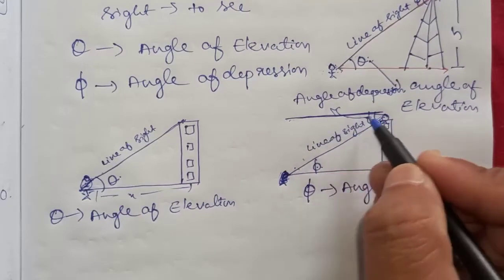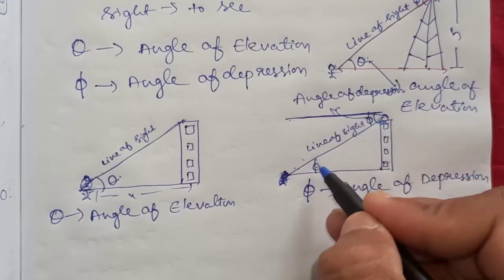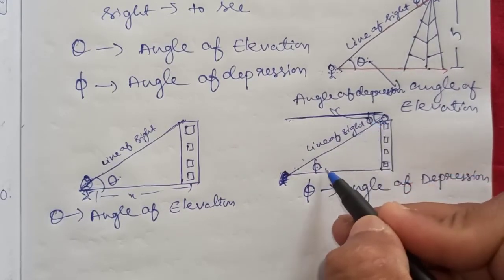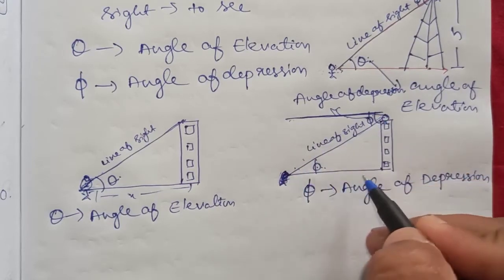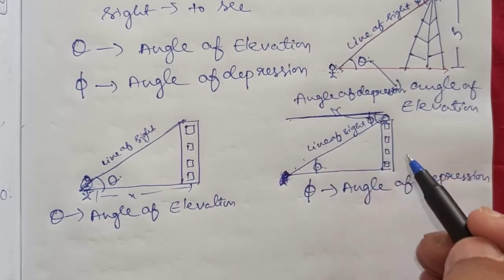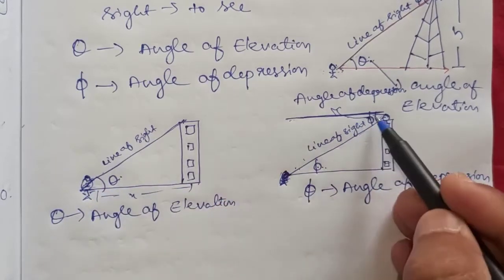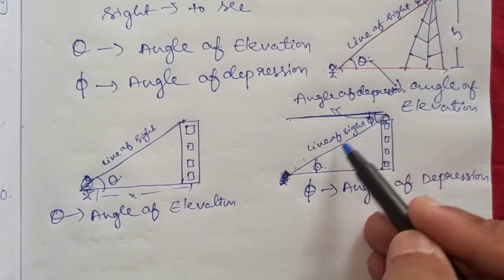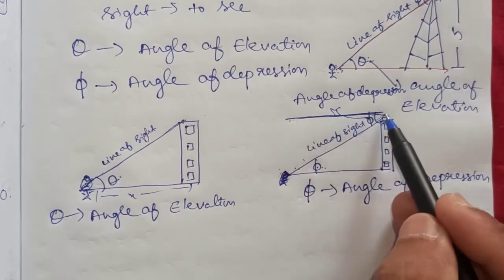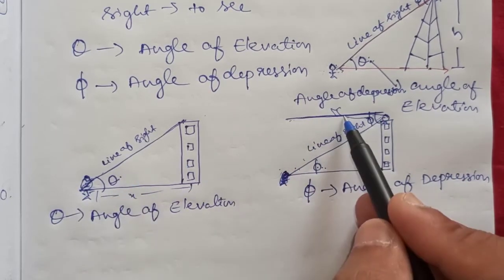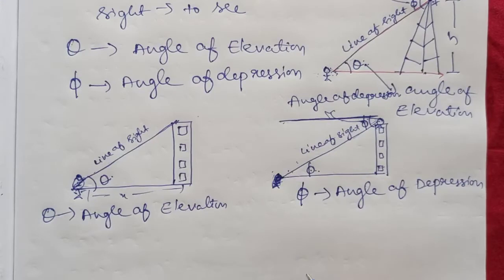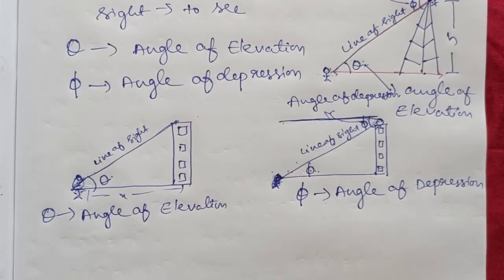But while solving a question, you can mark this angle with this value. Suppose this is 30 degrees, this also will be 30 degrees according to alternate interior angles. So remember, angle of elevation means somebody is seeing to the top, and angle of depression means somebody is seeing from top to bottom, and there must be one baseline through which we will get the angle. Okay, now we can start the exercise. While solving the questions, we will understand what is angle of elevation and what is angle of depression.